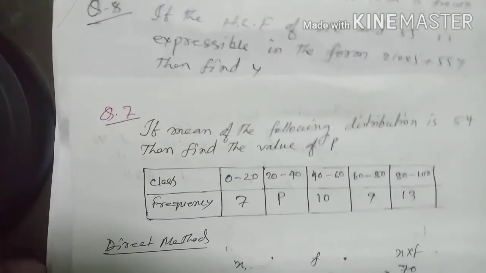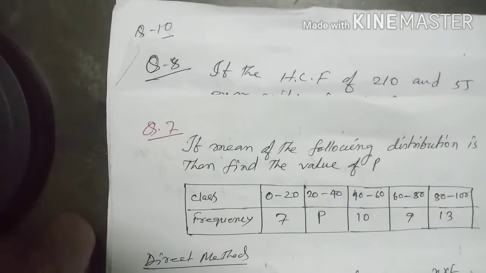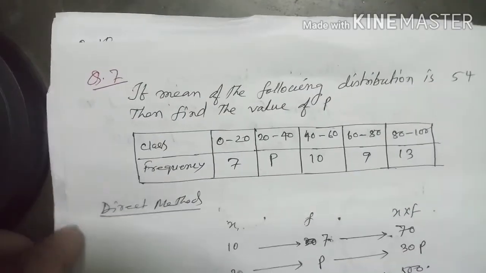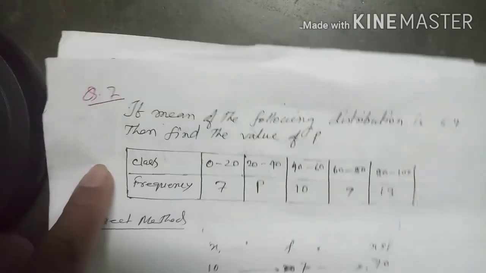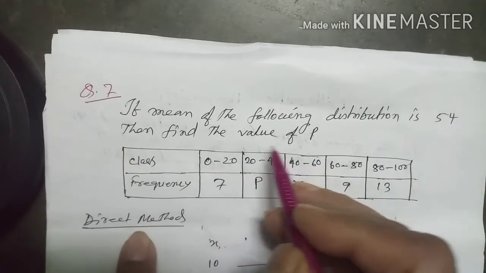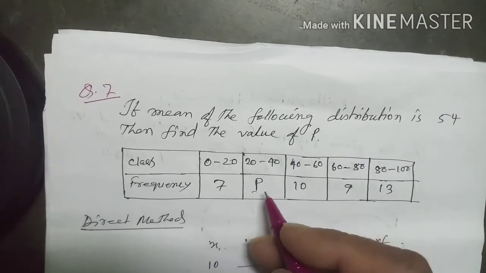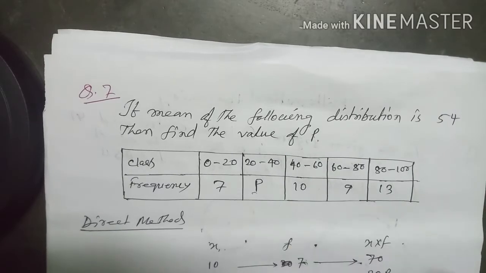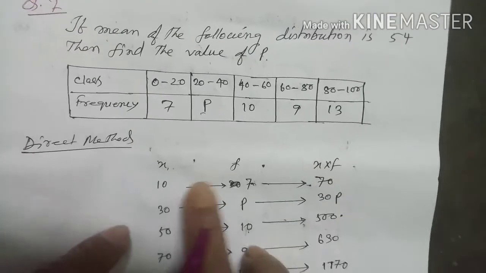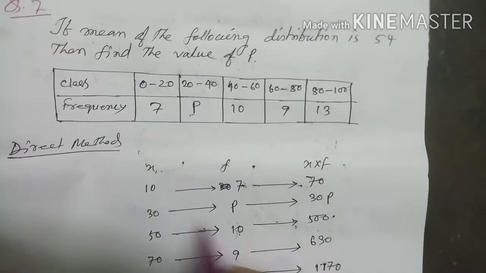Question number 7. If the mean of the following distribution is 54, then find the value of P. We have to find an unknown frequency. P is the unknown frequency. We can use the direct method. Using the direct method of finding mean,